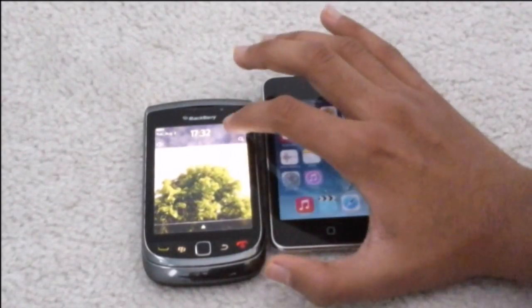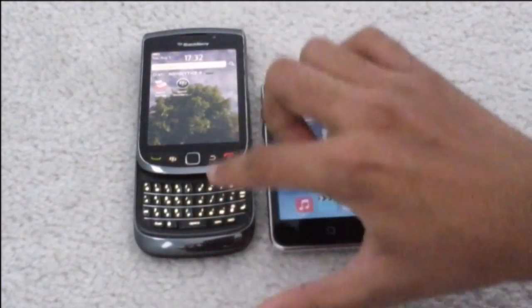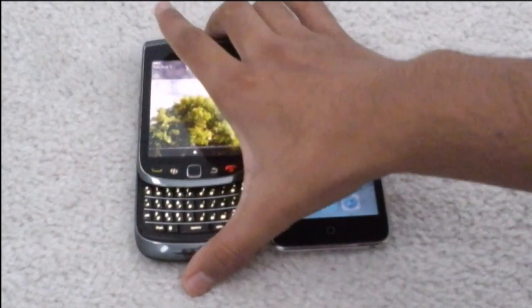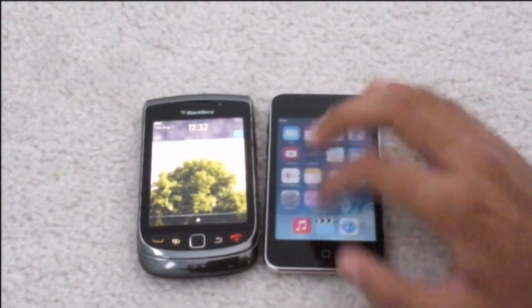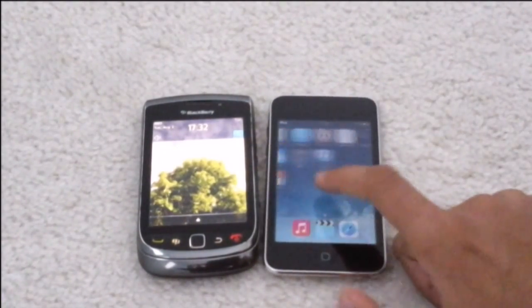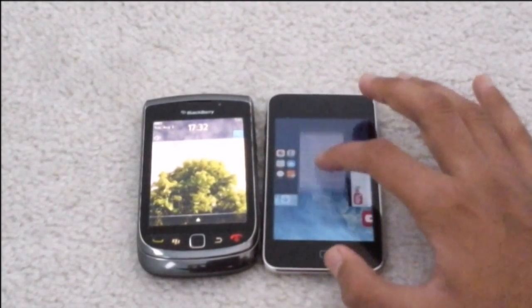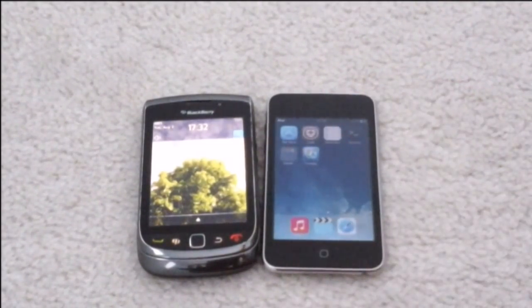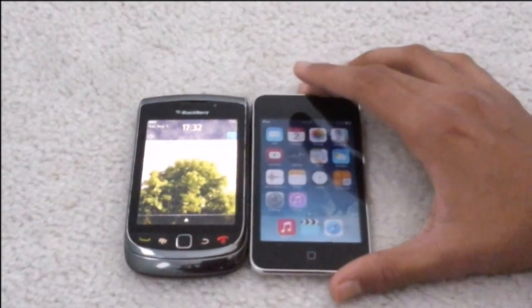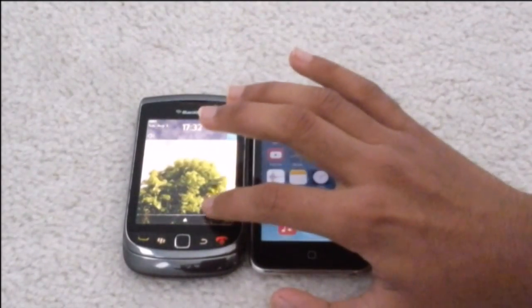You could slide over here to search, so just tapping that to search, or sliding out the keyboard and typing whatever you want. And you can't do that here. For some reason my search doesn't work. I have no idea why. You don't have multitasking until iOS 5 as well. Or is that iOS 4.3.3? I have a 4.3, I think it's 4.3. Then you have different ways of showing your apps. On BlackBerry you just